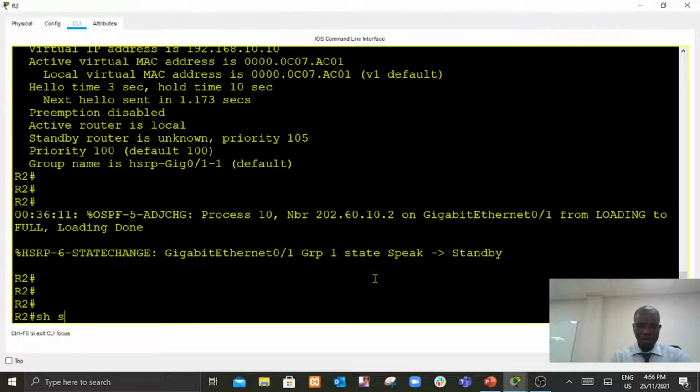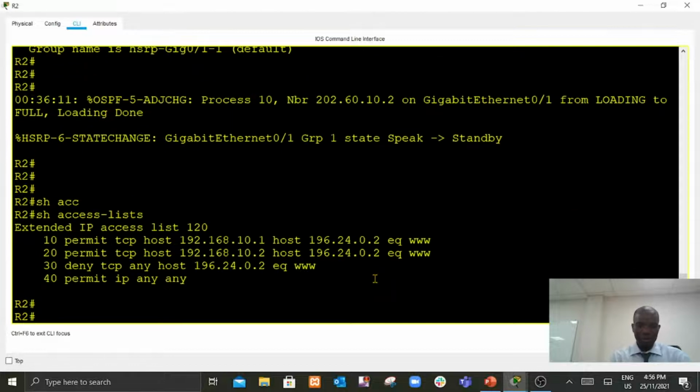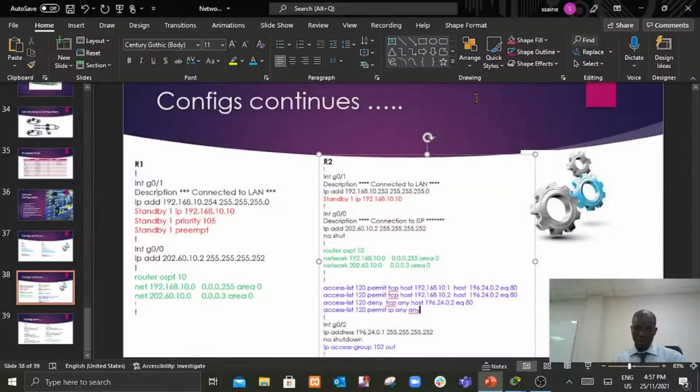So in R2, I can say show access-list, and now I've created an access list here. Line number 10 permits TCP from IP address 192.168.10.1, which is PC1, to the web server for web purposes, that's equal to port 80 or www. Line 20 also allows PC2, but line 30 is denying anybody else to this server for web services. Line 40 says, apart from web services, anybody is allowed any other service to the web server. So let's test that this is working from